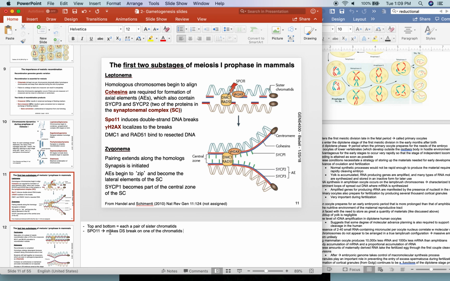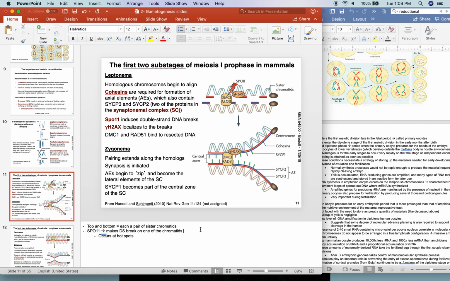In reality, there are hot spots, and that's something that Kaijan will talk about later on. But for right now, just imagine it taking place anywhere. We've got the synaptonemal complex, that's what these red and blue lines are starting to form. And cohesins, you may have heard of those. Those are proteins that are involved with holding together both the sister chromatids, and they're actually important for holding together the homologs too. Once SPO11 has made that double-strand break, this protein, called that funny symbol, gamma, that means